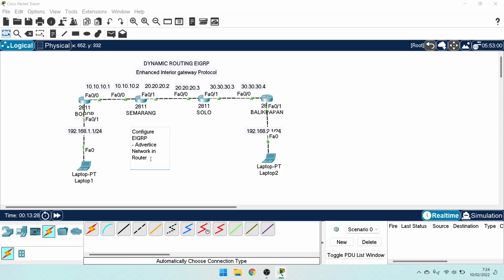The syntax is network, then the network address and the subnet mask. Okay, the subnet mask is a wildcard mask. The wildcard is 0 or 255.